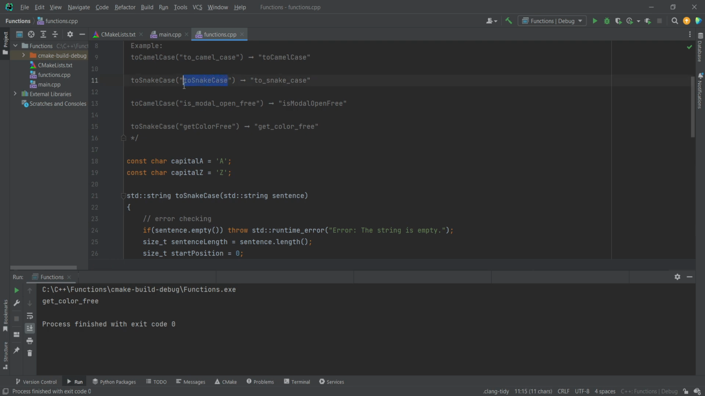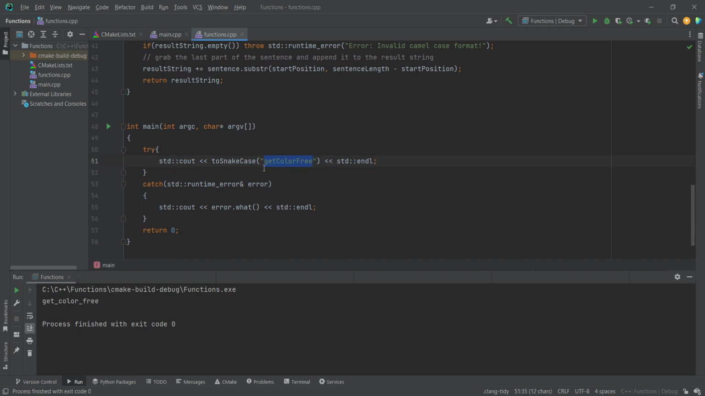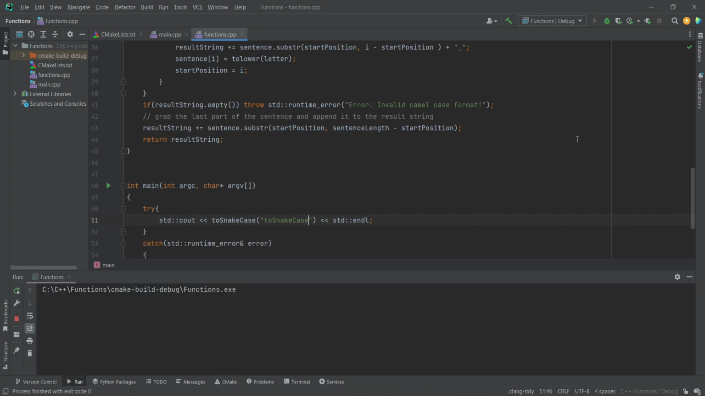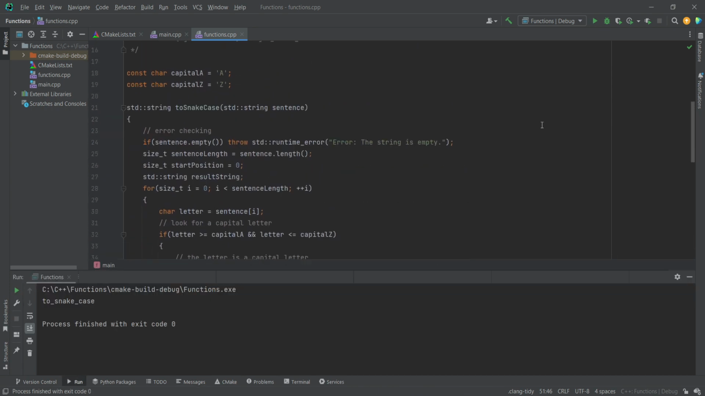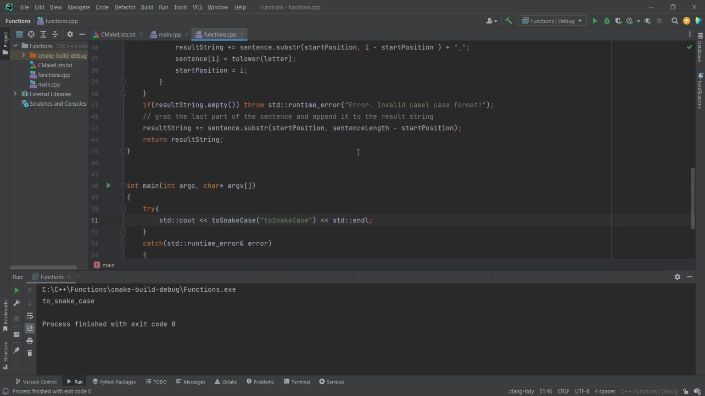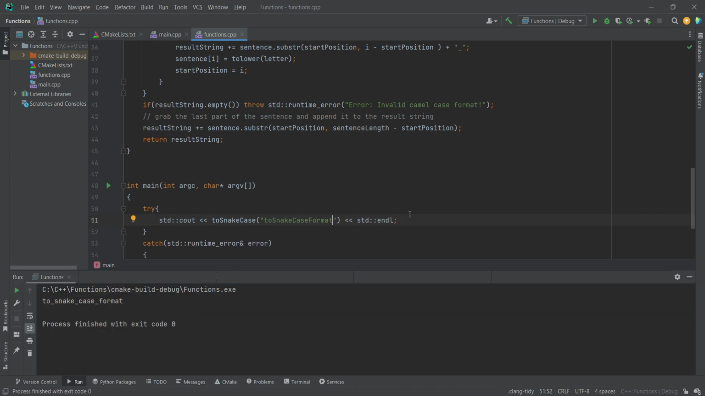Okay, let's try one more. This one. toSnakeCase, that's correct. That's what we wanted. That's perfectly correct. Okay. Yeah, so we can see that the function works at this point. I can actually even add one more toSnakeCase format. Let's see if that still works. Yes, it does work. Okay, so yeah, the function does work. Let's